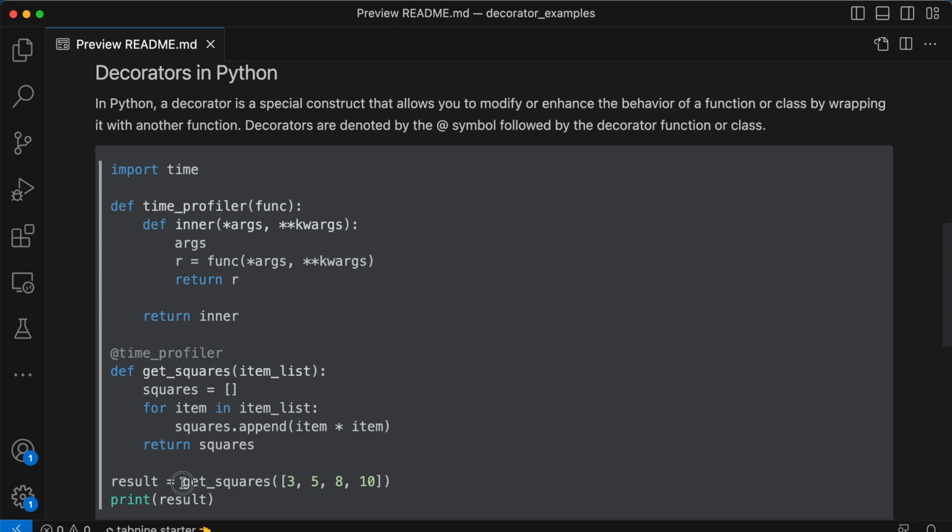So when we call our getSquare function, then this decorator function gets executed, and this getSquare function name will be passed to this time profiler instead of directly calling this. So the control is passed to this time profiler decorator. So the function it takes is this getSquare. The arguments and keyword arguments catch everything that is required for this function. Currently it is item list, and the result is